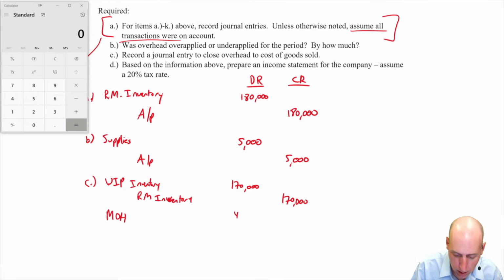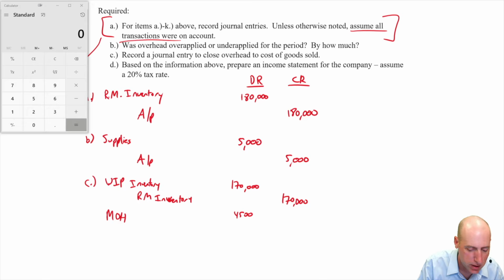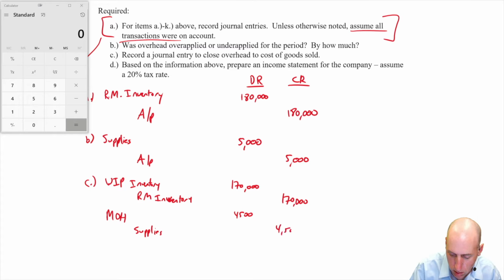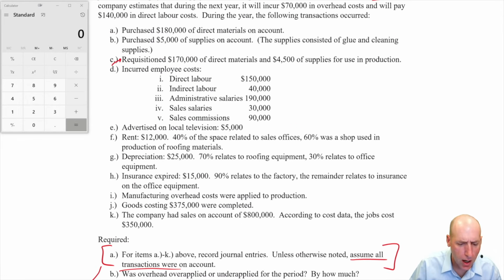So it was $4,500, not 45,000, 4,500, and we credit supplies. There's no longer those supplies sitting in the cabinet. Now they're on the factory floor being used as cleaning supplies or glue holding together our shingles somehow. $4,500. Okay, moving on to D, incurred employee costs: direct labor, indirect labor, admin salary, sales commissions,